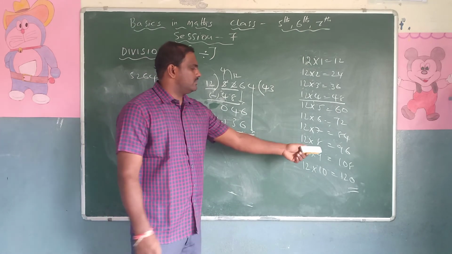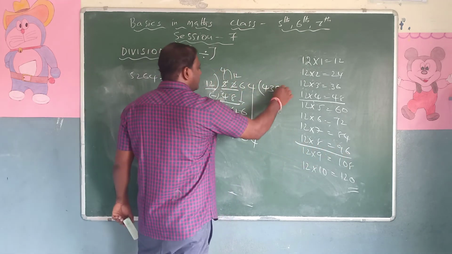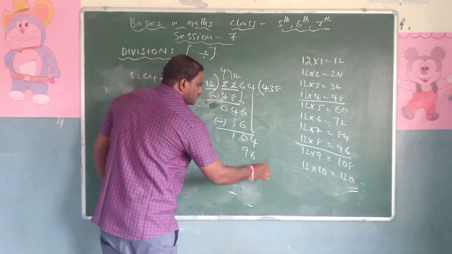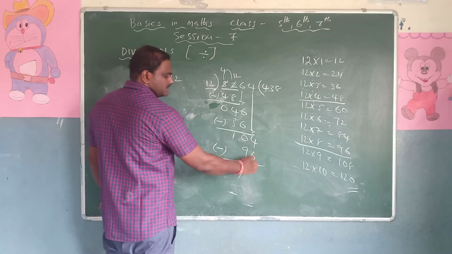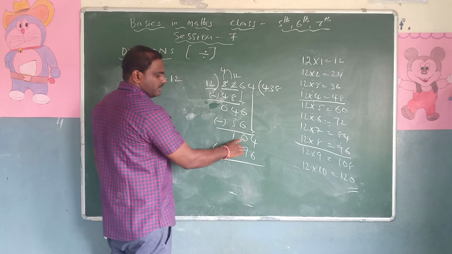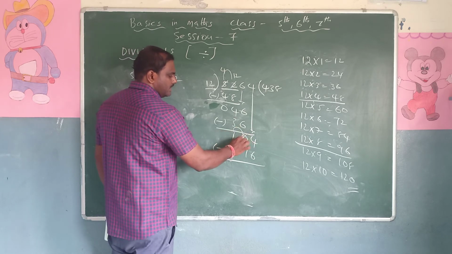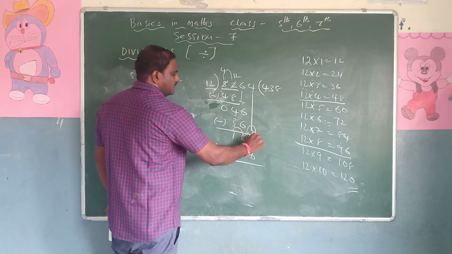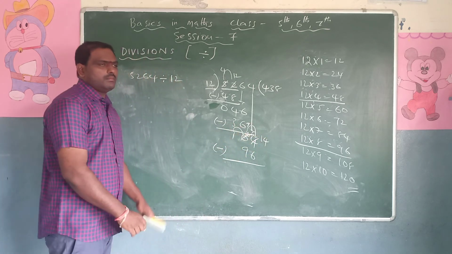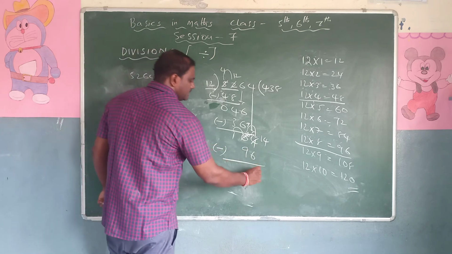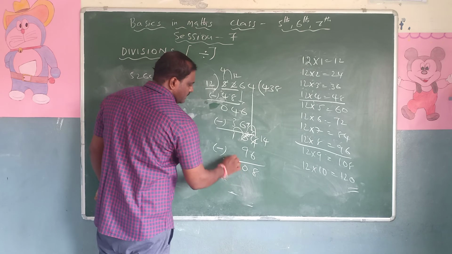Now look at this 14, which is the best number? I can take 96. So how many times? 12 eights are 96. Then what is the next step? 4 minus 6 is not possible. I have to borrow from here. But it is always 0. Then what should I do? I should borrow from here. This will be 10 and this will be 14 and lastly this will be 9. Okay. So 14 minus 6 is 8 and 9 minus 9 is 0 and the other will be 0.